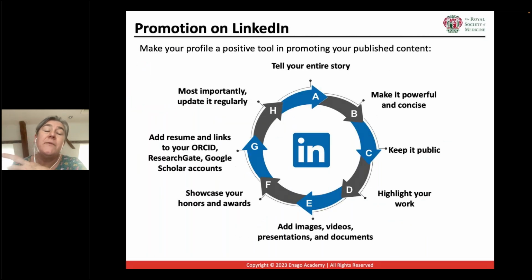You can use LinkedIn to post updates about your career, giving detailed information about your work, or balancing detail with being concise. You can put in images, videos, presentations. You can add honours and awards. You can also link it with your ResearchGate and Google and other accounts. Ideally you update it regularly, like once a week or once a month.